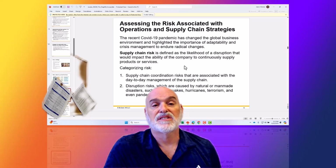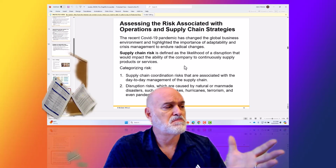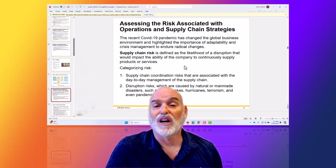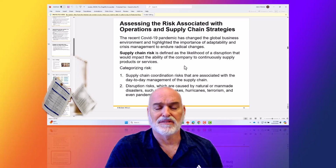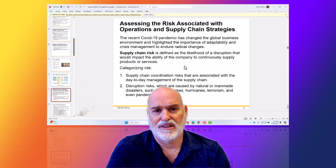The problem with sophisticated global supply chains is if you work for a company and you have a product that requires 15 or 20 different parts, you could be getting these parts from all over the world. And you can't assemble your product if you're missing 2 parts out of 20 and they're stuck in customs, or there was a civil unrest or war or disruptions in a country that you were getting it for. And it's imperative that if you are the supply chain officer, you better make sure that you anticipate these risks, because